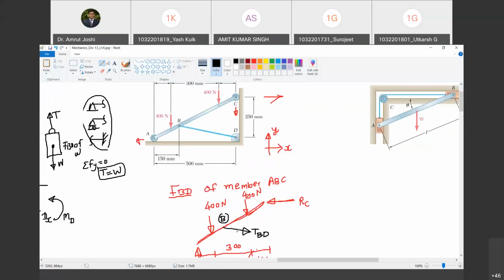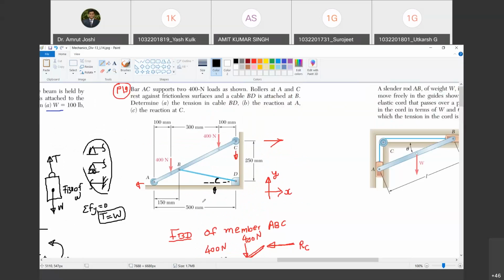Question: can we compute the angle made by this FBD with reference to horizontal? Can we calculate this angle? Let me call it theta. So the first step we are going to do towards that is this. Look at the triangle A, C, and D. Are you with me? That is a right triangle. We can compute those angles at A and C. So first thing that I am going to do is calculate this distance.